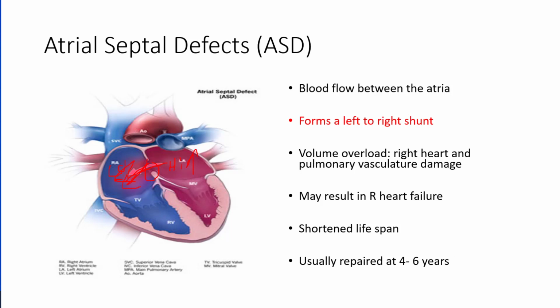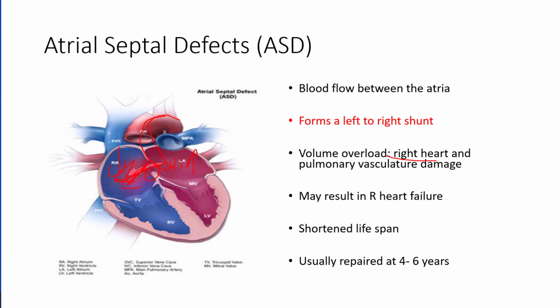We'll still get high oxygen blood flow out into the aorta because the shunt's going this way. We're not getting much mixing, and normally oxygenated blood's still going out to the periphery, but we may cause some volume overload to the right heart and potentially backflow if this pressure and volume buildup is high enough,